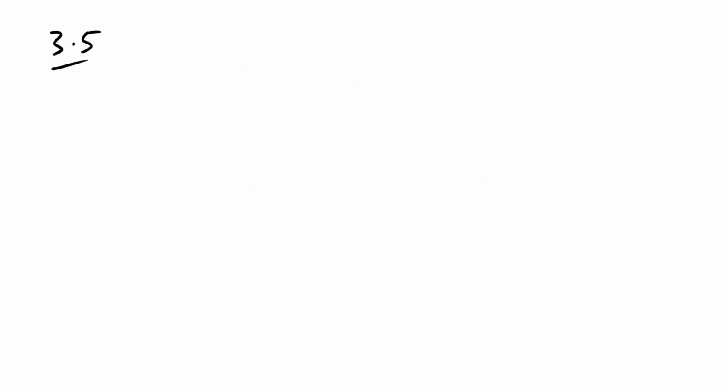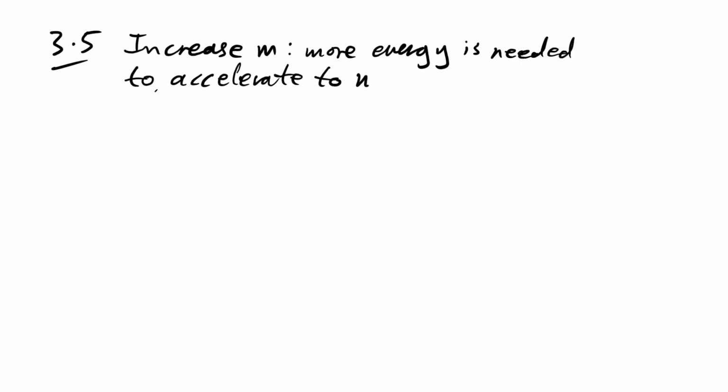Okay, so what happens if you increase the mass or increase the speed? Let's go with mass first. Not the easiest thing to think about here. We are talking about level ground, so in an ideal world, the mass shouldn't affect it at all, because of course that only affects weight pulling downwards. But it will mean that more energy is needed to accelerate to that maximum speed, and that's due to F equals ma.